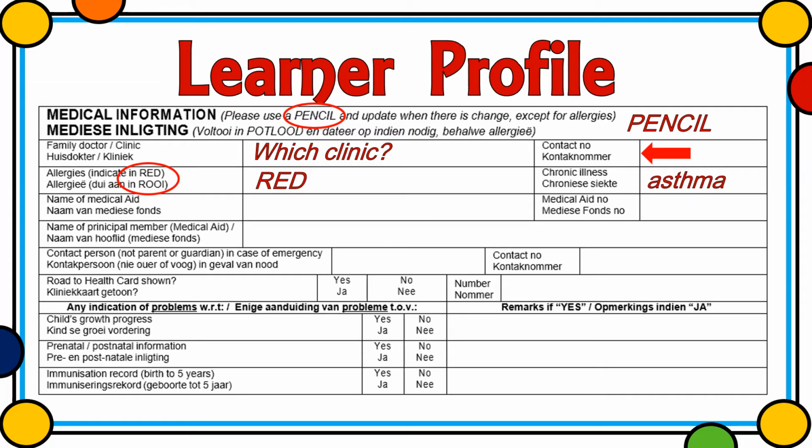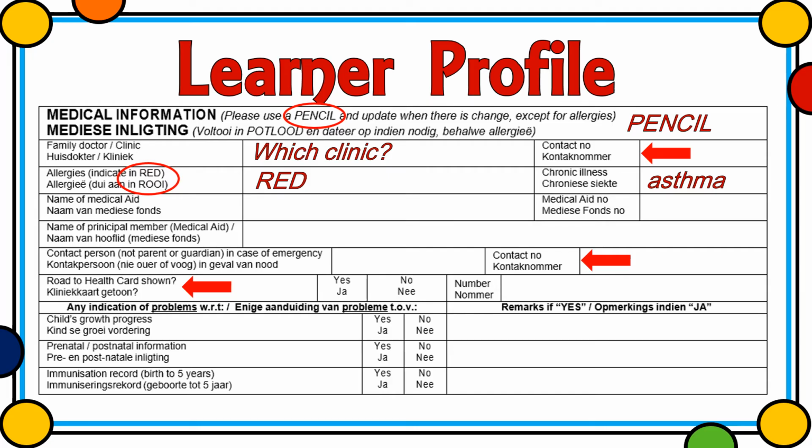Chronic illnesses, asthma, once again, can and should be indicated on the child's profile. A person to contact other than the parent or guardian. In many cases, during an emergency, it is not possible to get a hold of the parent or the guardian. In such a case, it is important to be able to contact a parent's colleague, another family member, or the neighbors. The Road to Health card is very important,